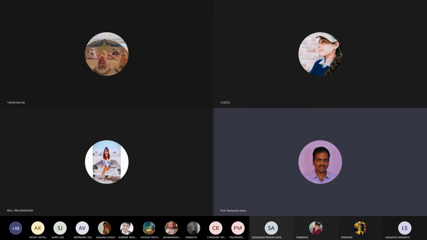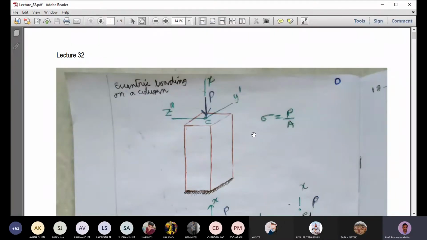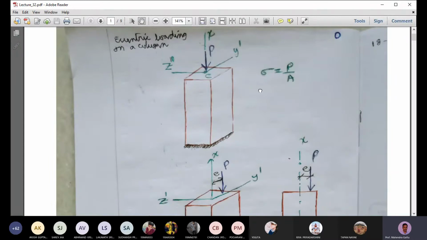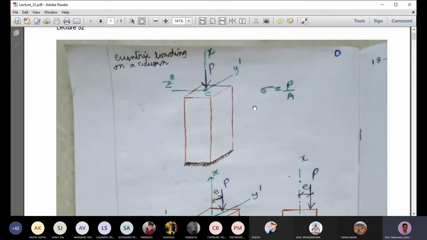Okay, so let me begin one more time. If you don't see the slide, I'll tell the slide number. If you don't see the page number, then tell me. Okay. So yeah, as I was telling,